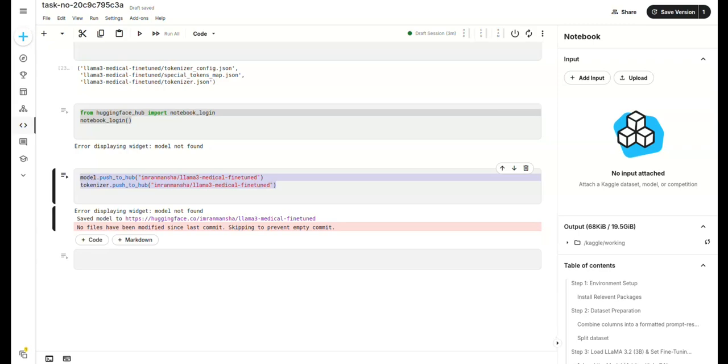As a final step, we publish our model to the Hugging Face Hub using the push to hub method. This makes the model publicly accessible, and the URL is shown in the output. Sharing the model in this way supports reproducibility, collaboration, and allows other developers and researchers to fine-tune it further or integrate it into their own applications. It also serves as a professional portfolio piece demonstrating hands-on experience with fine-tuning and deployment.